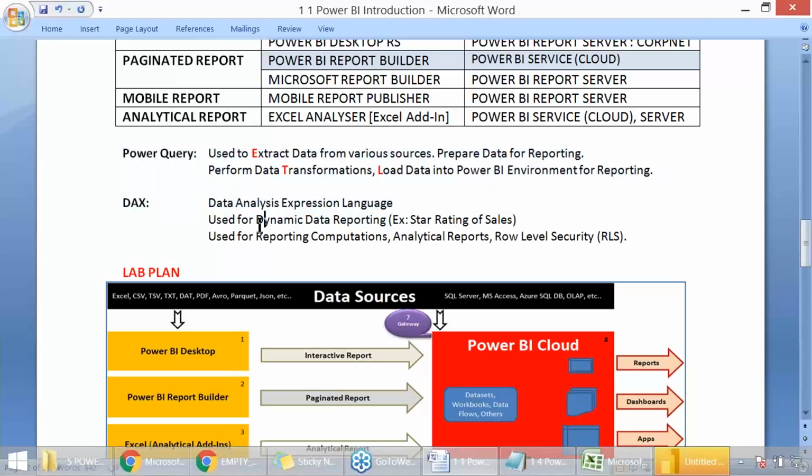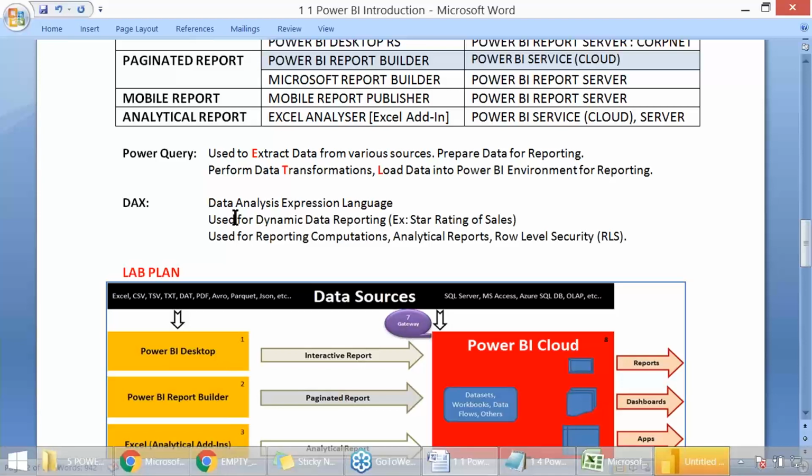And in DAX, we need to learn something else called computations, analytical reports, row-level security, and there are a few operations which we can do with either Power Query or DAX. Both are different, but in some cases we can use either of them interchangeably.